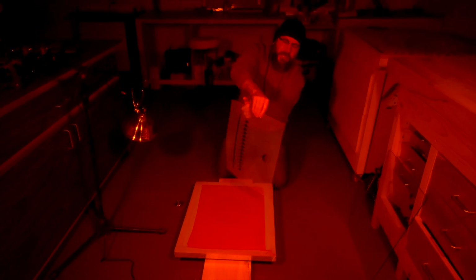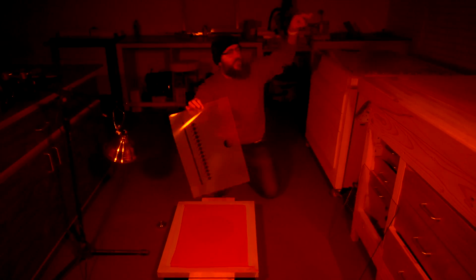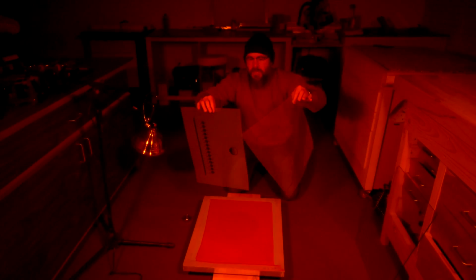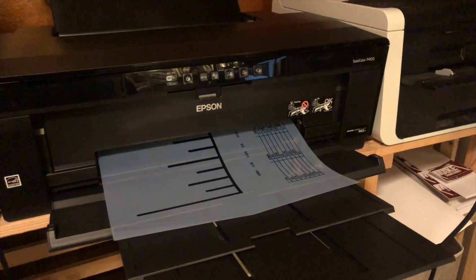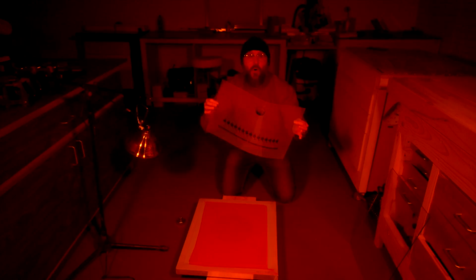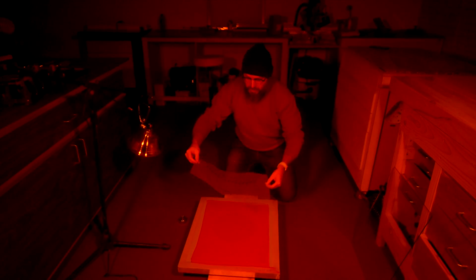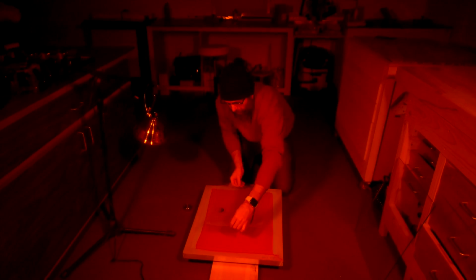And then I printed out this transparency. I've got two of them, one for each color of my prints. You can print these out on a printer if you have a good quality photo printer like an Epson or a Canon, or go to your local copy center and have them make a transparency for you. So I want to place this down, upside down,